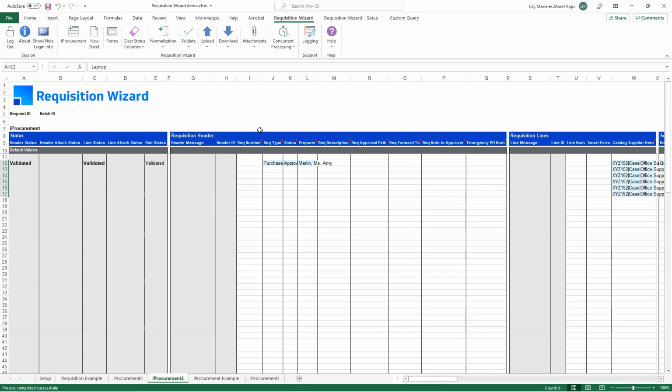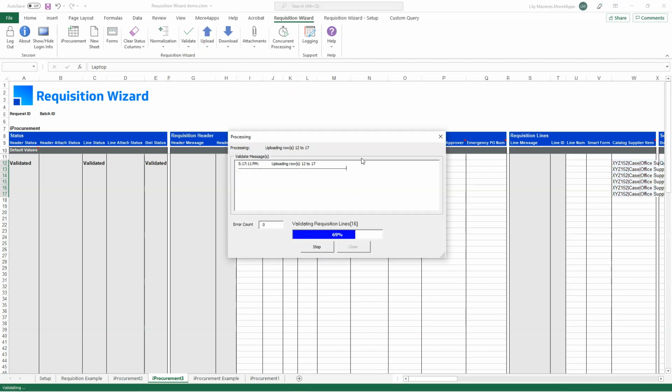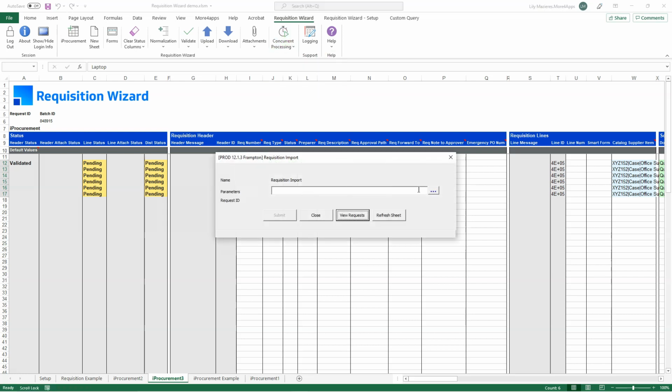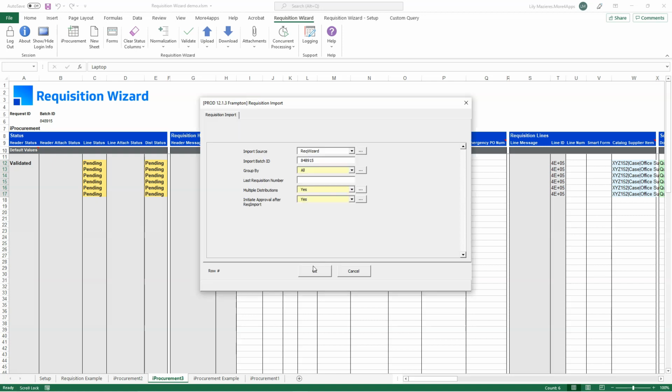When the dataset is ready, I can either validate the dataset. This won't process any row to Oracle, or validate and upload. When we choose Upload, the wizard starts with validation, and then processes the records to an interface table. Finally, we need to submit the standard requisition import to move those requisitions from the interface table to the iProcurement